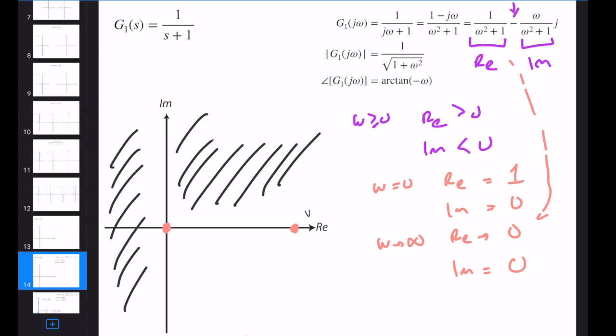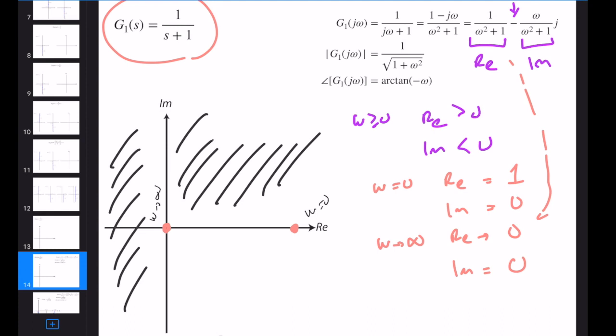Okay, this is omega equal to 0. This is omega going to infinity. So what we can do is just draw arbitrary things. But the good thing about root locus, Nyquist, and other things that we draw in this class is we generally obtain smooth graphs, because these functions are simple and they're technically smooth if you don't cross a pole or zero in j omega.